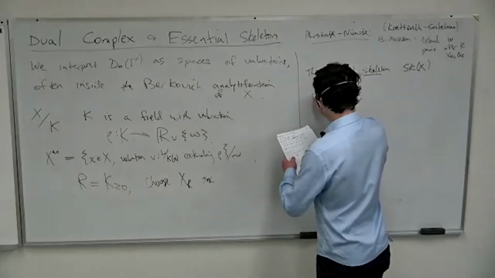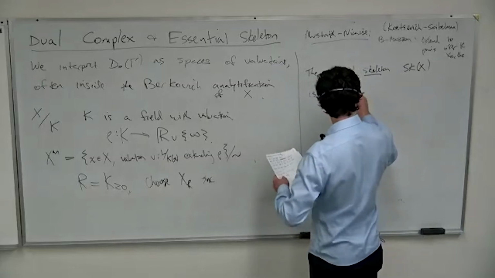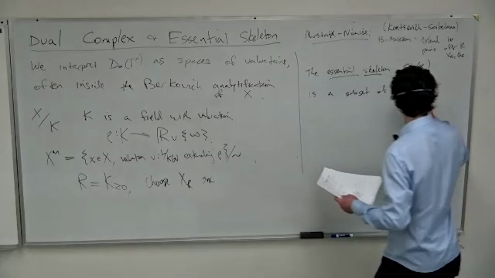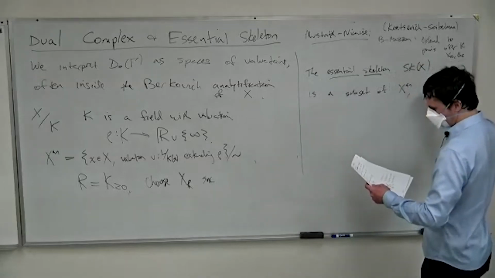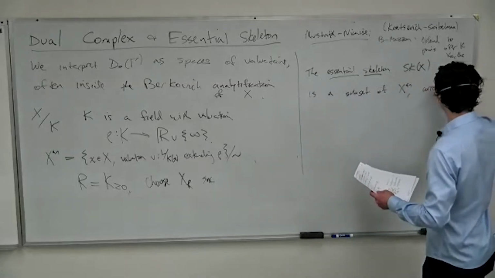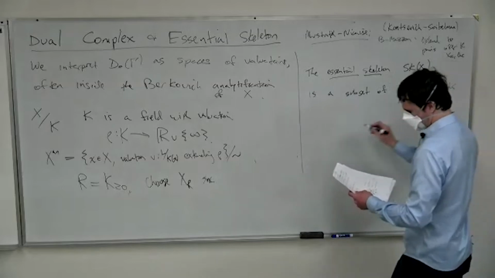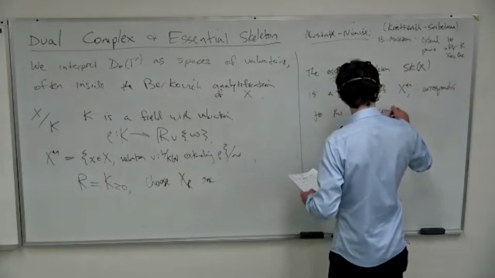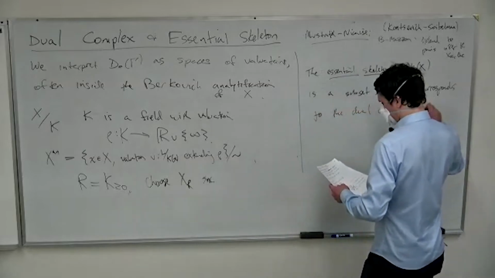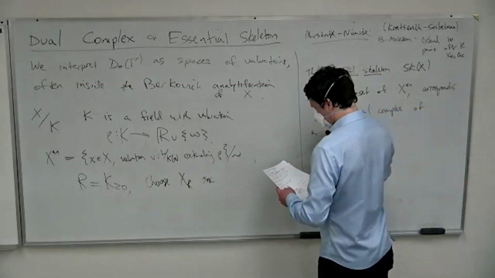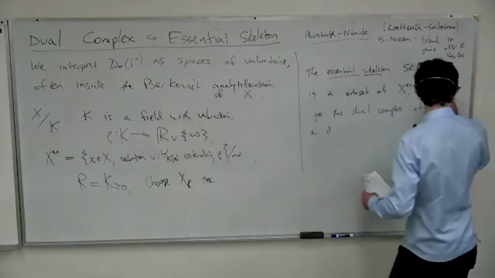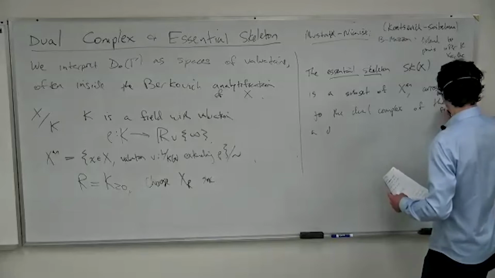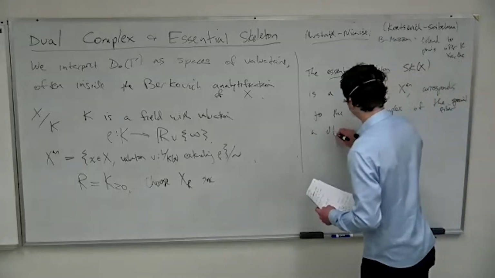This is a subset of X^an, and it corresponds to the dual complex of a DLT special fiber of a DLT minimal model